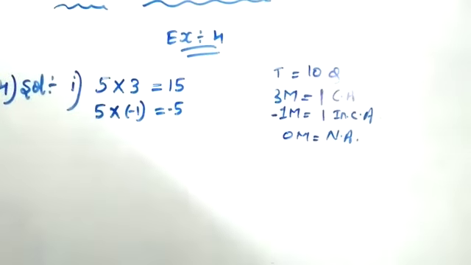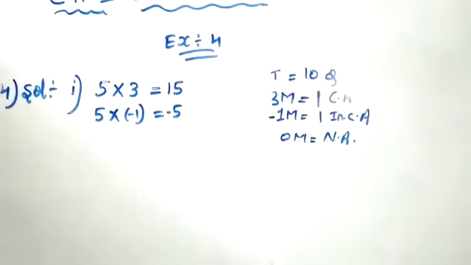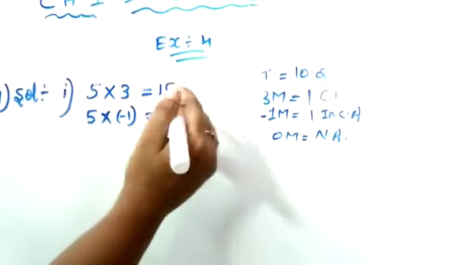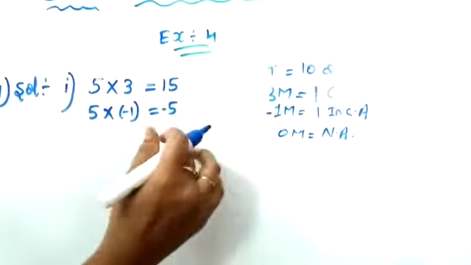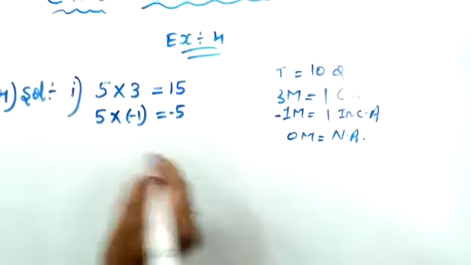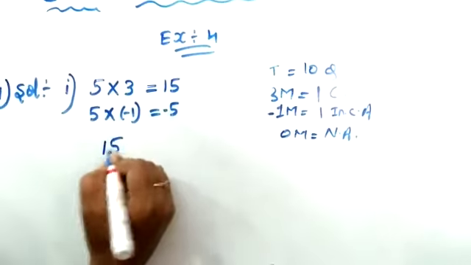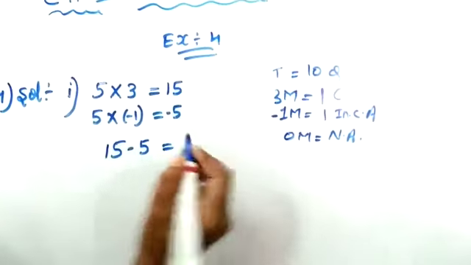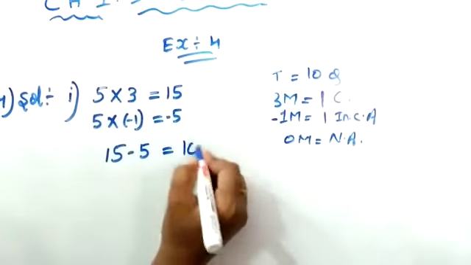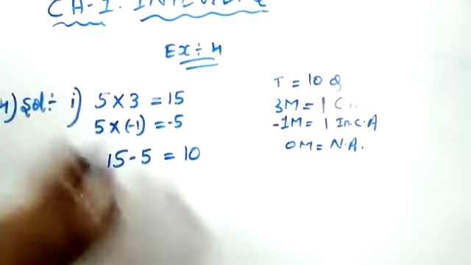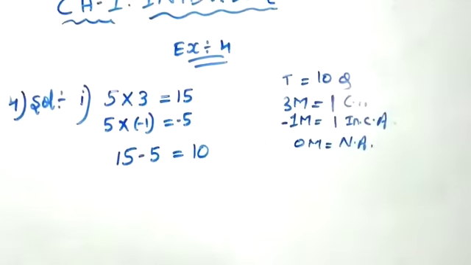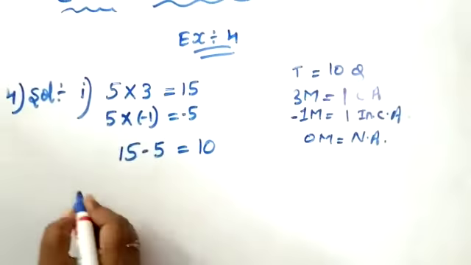Now here they are asking what is the score, which means you need to subtract: your total correct answers minus the incorrect ones. Now what will be your answer? 15 minus 5. Now 15 minus 5 is how much? 10. 10 marks is given for Gopi. That is your first one. Now next is the second.